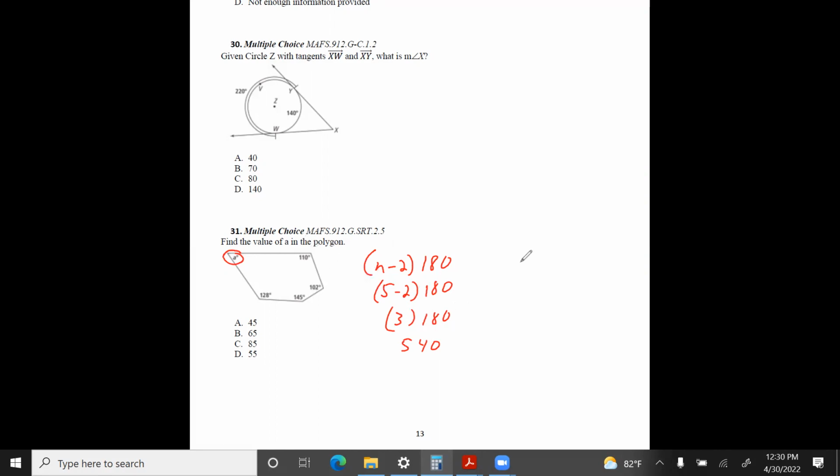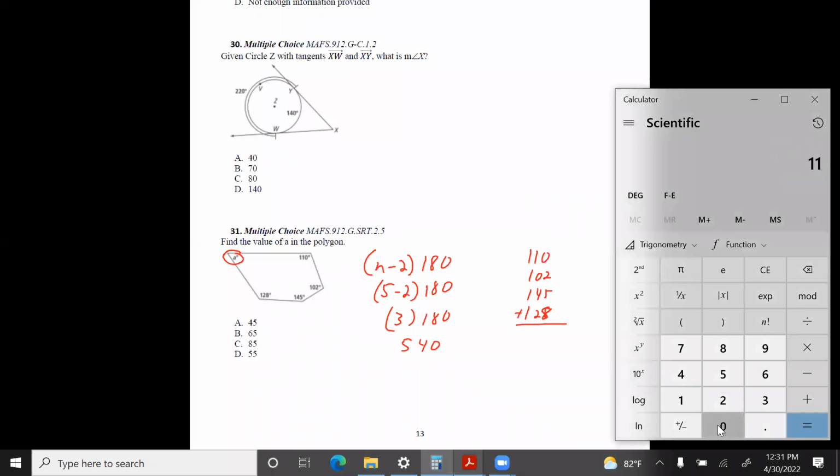Add up all the ones that we have there. So we have 110, 102, 145, and 128. Add all those up. See what we get. So let's go to my calculator. 110, 102, 145, 128. That's a total of